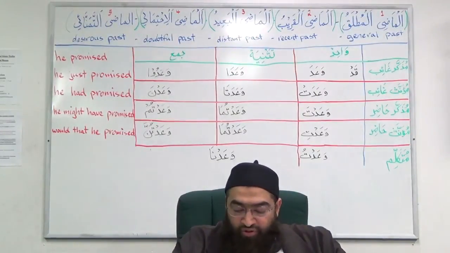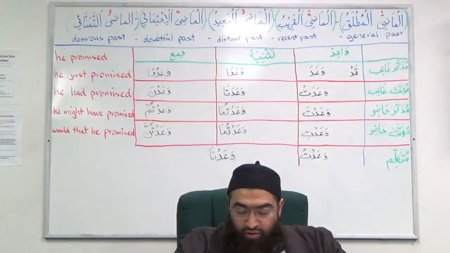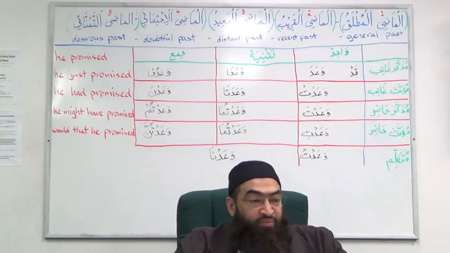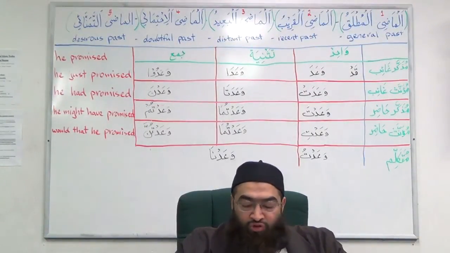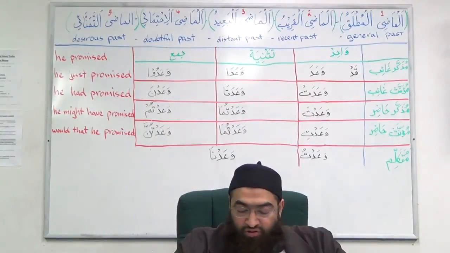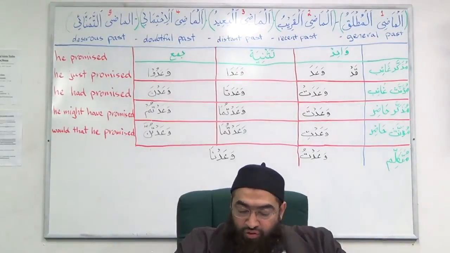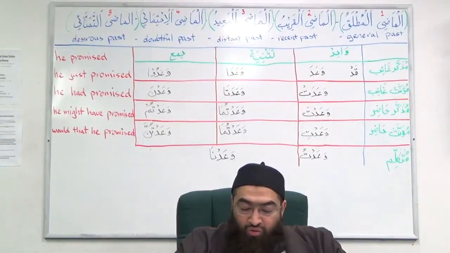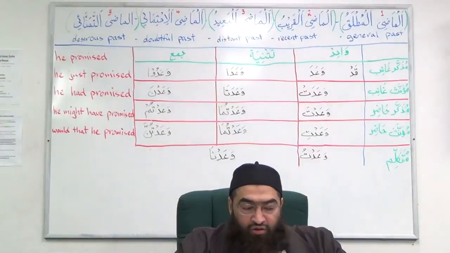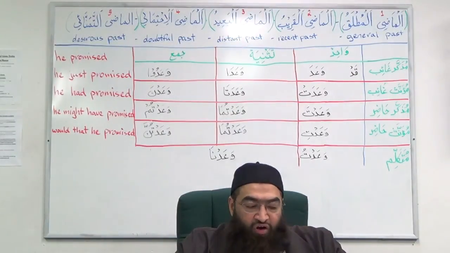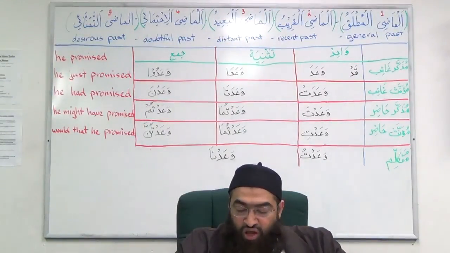The other example, sharibna labanan, we, sharibna is the mutakallim, is jama mutakallim, so we drank. Sharibna labanan, milk. So it is the past tense and it is ma'roof. So al-fi'l al-madi ma'roof. The subject of the verb is us, a mutakallim, and it's mentioned, so it will be ma'roof.